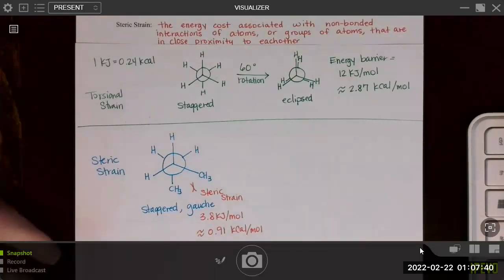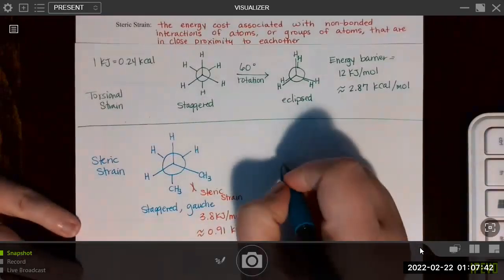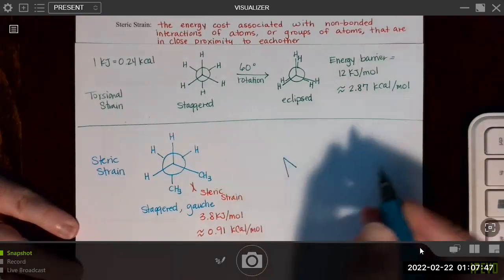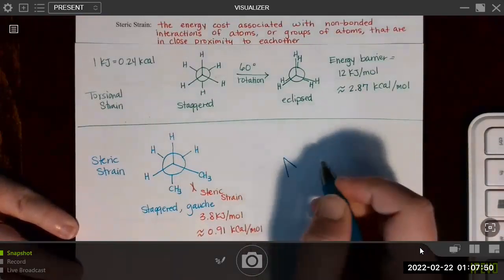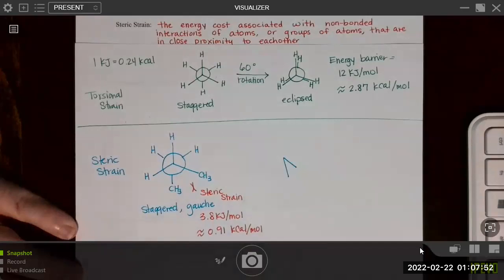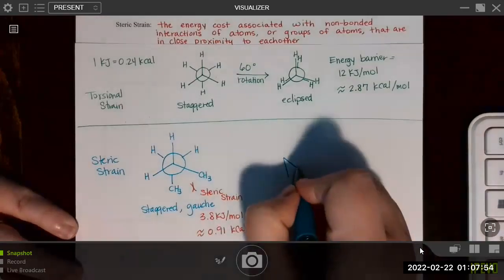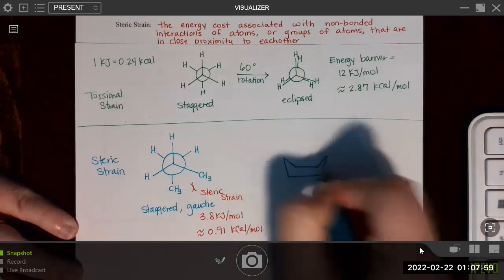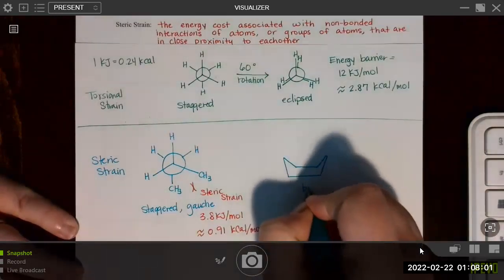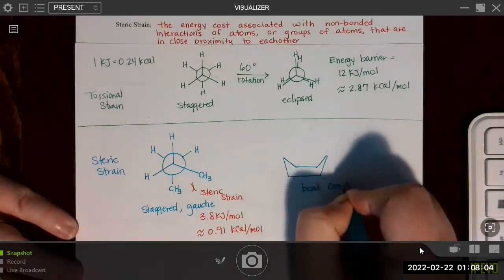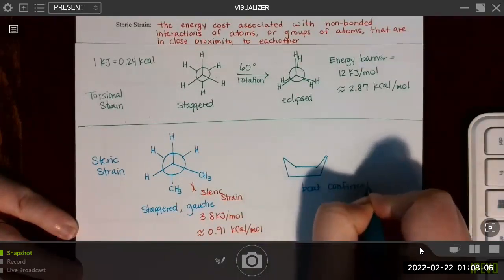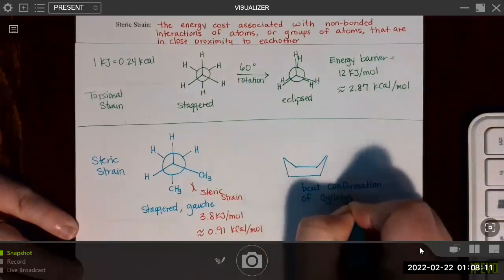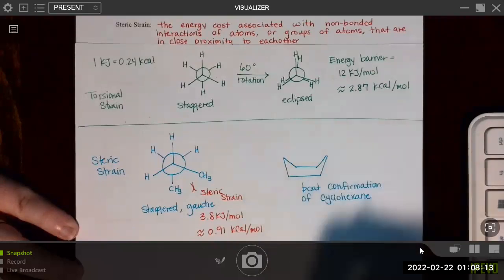of chapter 4. So now we're going to be looking at conformations of cyclohexane, which is a 6-member ring with carbons. And in one conformation, they end up with what's called a boat conformation. And again, this is of cyclohexane. We haven't talked about that yet in lecture, but you'll see it very soon.